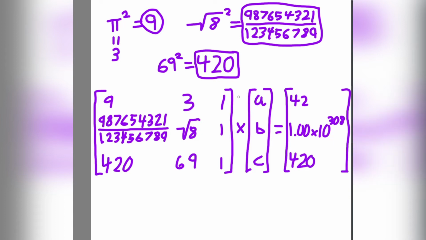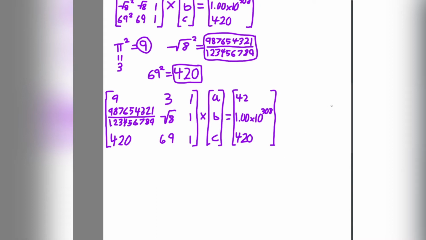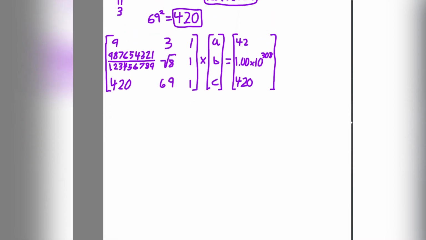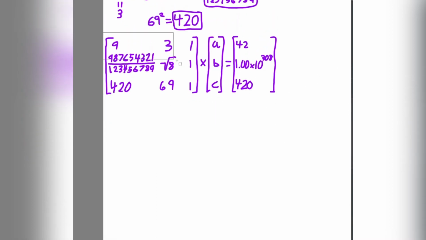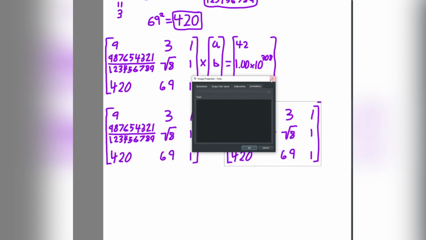The next step is to find the inverse of the matrix on the left, in order to multiply it by both sides of the equation to leave the variables a, b, and c on their own side of the equal sign. This is just as easy as all the previous steps. All you need to do is flip the image horizontally and then vertically, and thus we will have our inverted